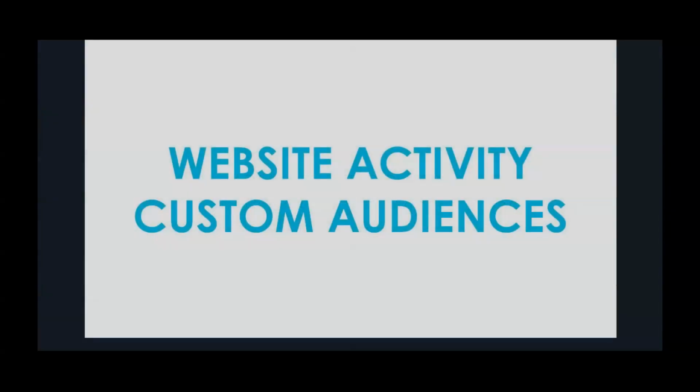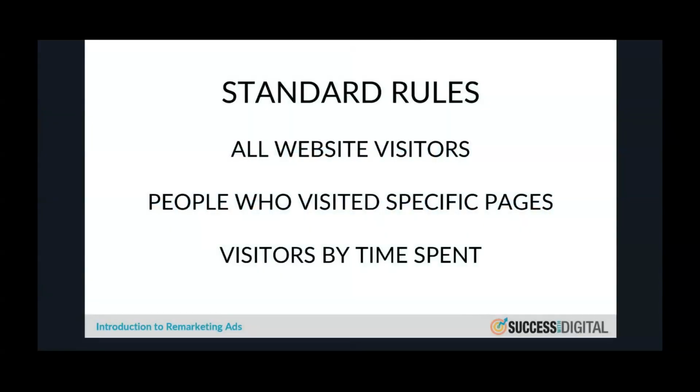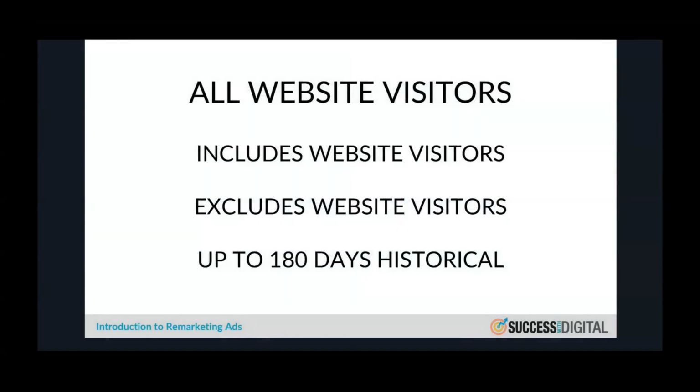So with website activity custom audiences, there are a few different rules to create the audiences. There's all website visitors, which builds an audience of everyone that's visited your site, people who have visited specific pages, and also visitors based on time spent. With website visitors, you can include or exclude website visitors, and it allows you to track people up to 180 days